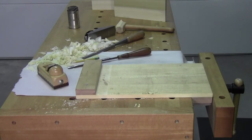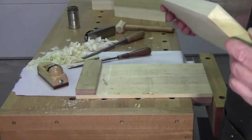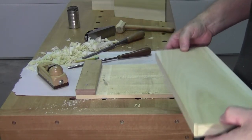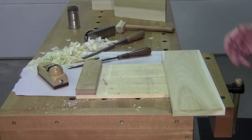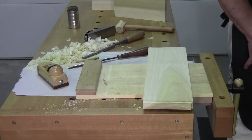So next up, if you recall, my discussion was, what do we do? Do we just leave it a square board, or do we put some sort of grip or handhold? Here again, you could lay out using